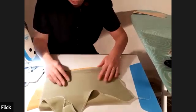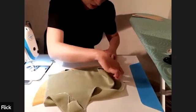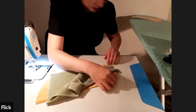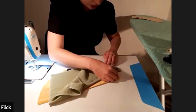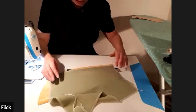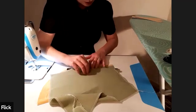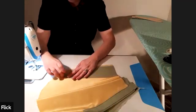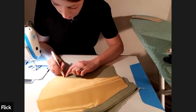Make sure that's all nice and flat. That to come out slightly. This is the bit where it gets fiddly. Right, that is all nice and smooth and everything's placed roughly where I want it to be. So I'm going to lift that out of the way. And I'm going to mark